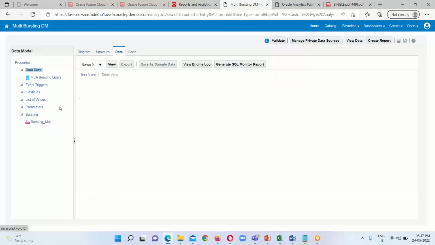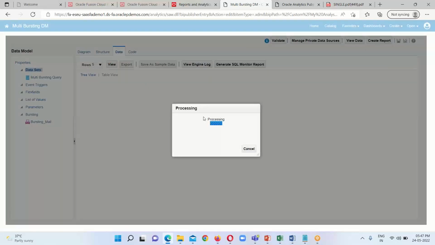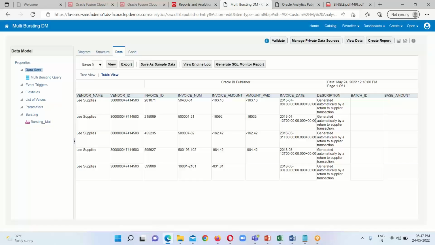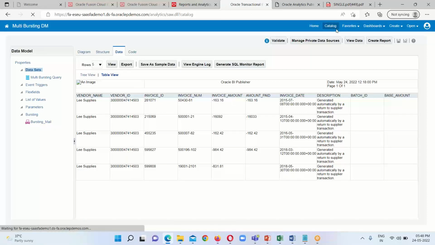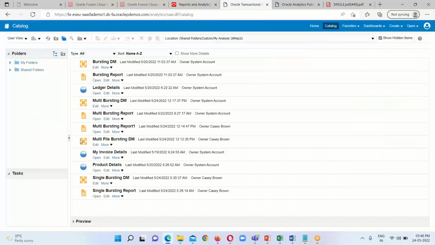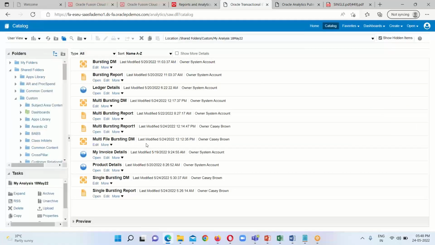Then click on view data, and when we click on view, nothing will happen over here. Basically the bursting feature has been implemented in this one. Next, we just have to schedule this particular report. So how do we do that? We have already seen this in our last session, in which I showed you the single file bursting concept. We just have to click on the more option and click on schedule,